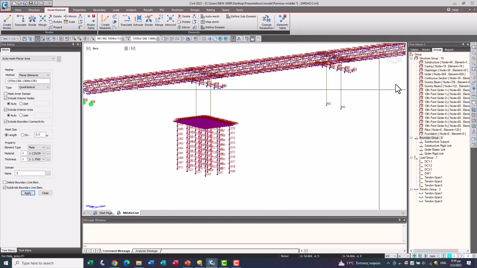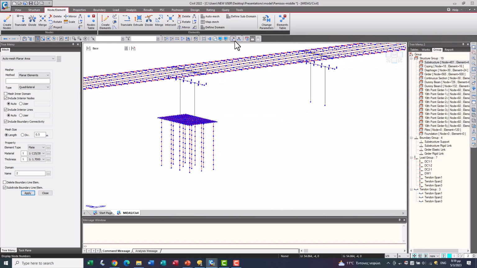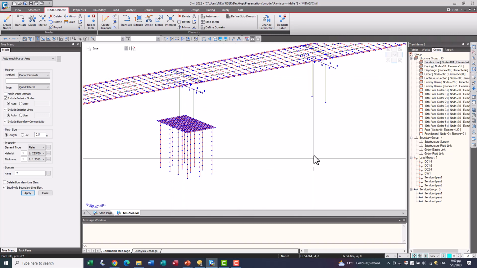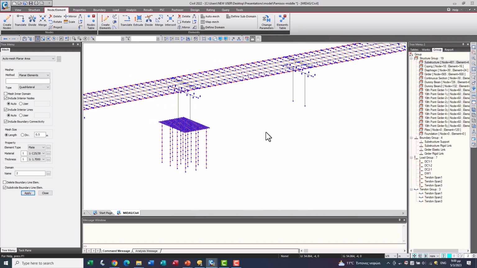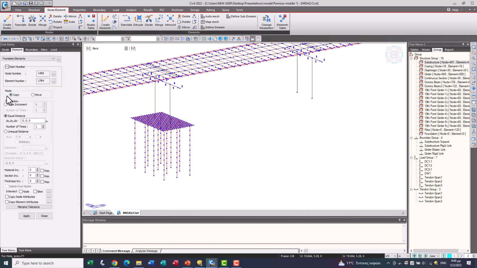Let's activate this on the correct construction stage, and we'll copy this to the second supports. You copy from here to here, which is 33 meters.